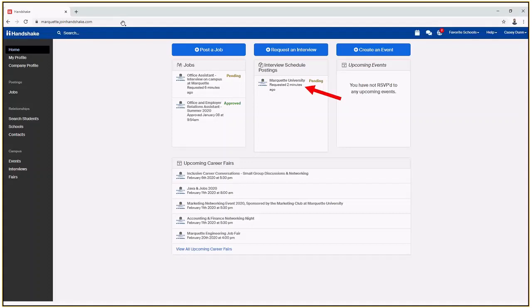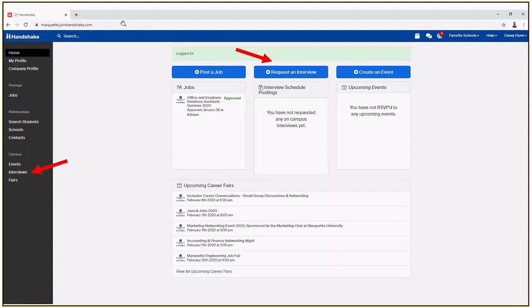So when you log into Handshake, this is the view that you'll see as an employer. Right there in the middle, there's a spot, request an interview, with that red arrow. Through that, you can request an interview. It's right there on your homepage, front and center. If you ever lose track of where it is, you're somewhere else in Handshake and you don't see that button, over there on the left by that other red arrow, you can always click that interview spot as well.